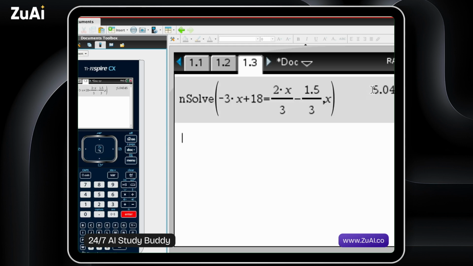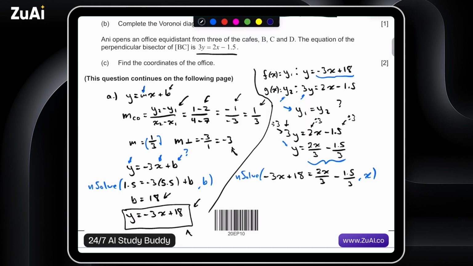So it's not a nice point, but I think they partly don't really want us to solve this just by looking at it. And so going back to the document, x is equal to